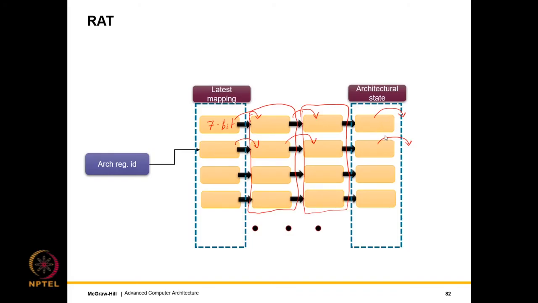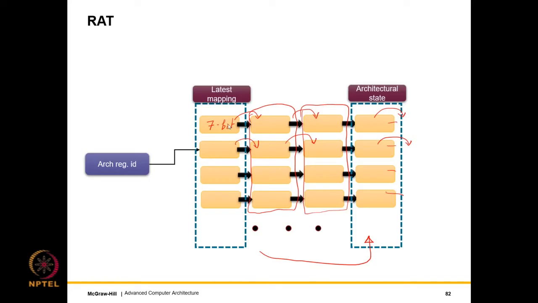Why? Well, because this captures the state of the rename table for the last branch, and if this branch becomes the earliest, then this mapping is essentially what we need to restore. And this would be very simple. We just need to move the latest mapping pointer over here. So recovery is very fast. And creating a checkpoint is essentially a snapshot of